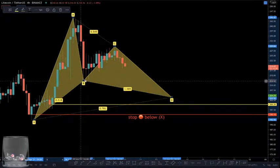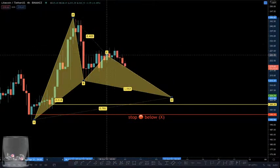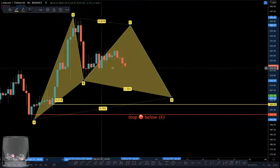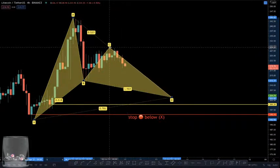61% of the way back down, then you sell, you raise back up, but this could be anywhere between a 382 and a 786, 886. It could have squared up here, okay? And it wouldn't have been a big deal. It would still be a Gartley. So this is just a partial